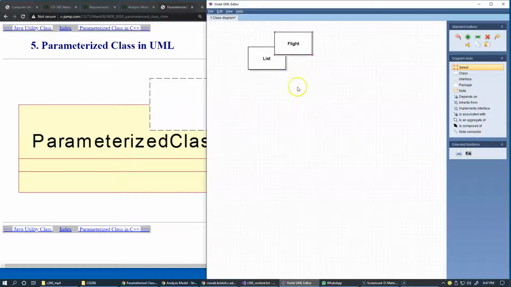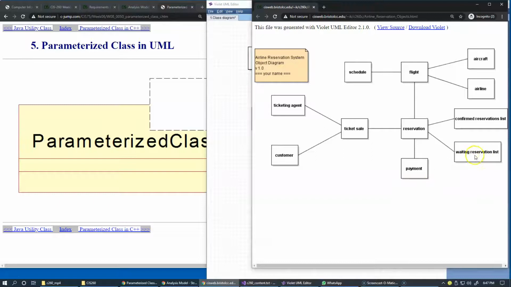Okay, and next I can take these two objects and copy and paste them like this, and the idea of parameterization, and now I can have a list, for instance, of reservations. A list of confirmed reservations. So if confirmed reservation is an object in our system,